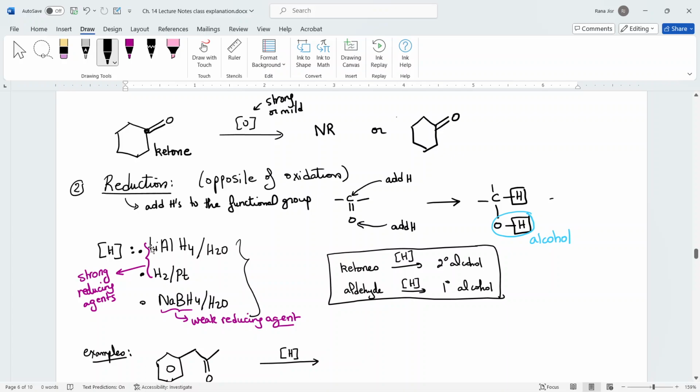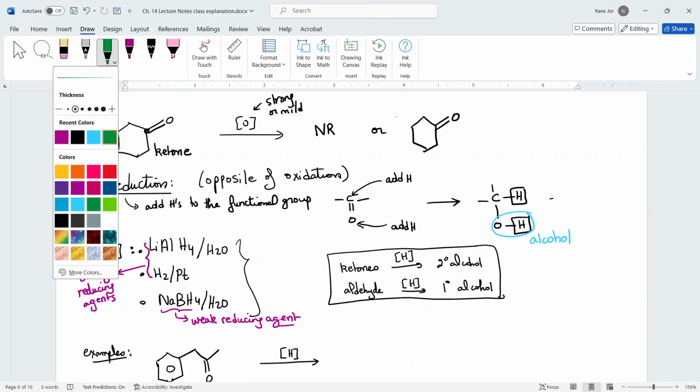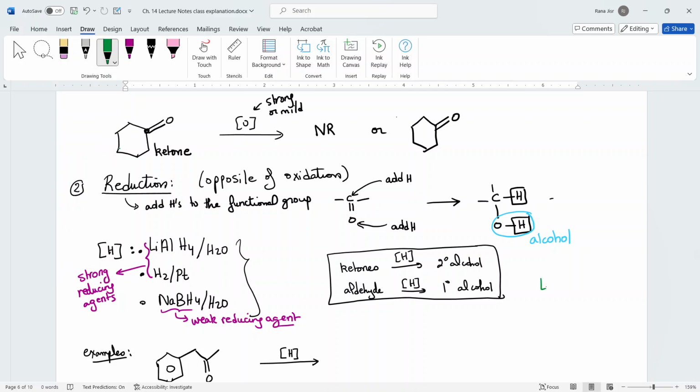So the LiAlH4, we call this lithium aluminum hydride. And this is a reagent, a reducing reagent that is water soluble, so it dissolves in water. So let me write it over here. The LiAlH4 is called lithium aluminum hydride reagent, and the NaBH4 is called sodium borohydride